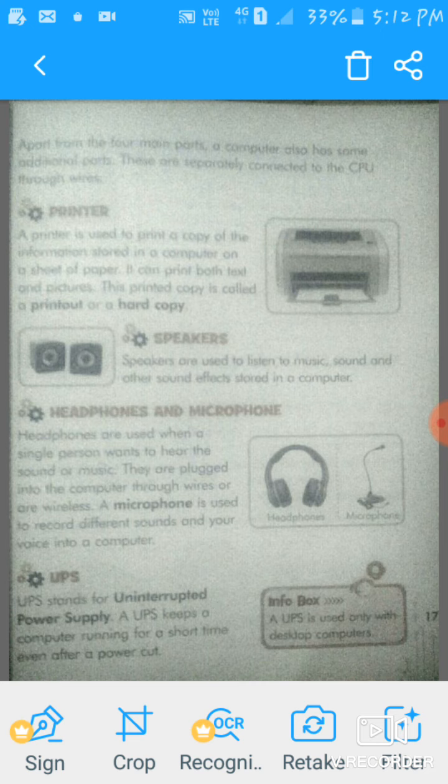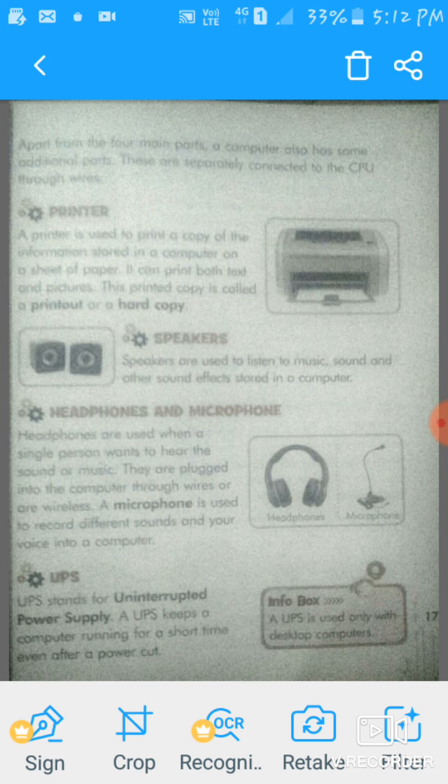Apart from the four main parts, a computer also has some additional parts. Dear children, I have already told you about the parts of a computer.